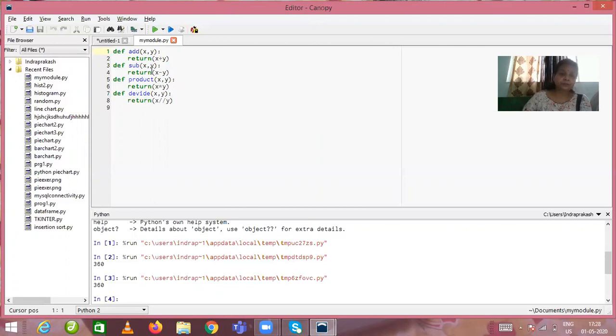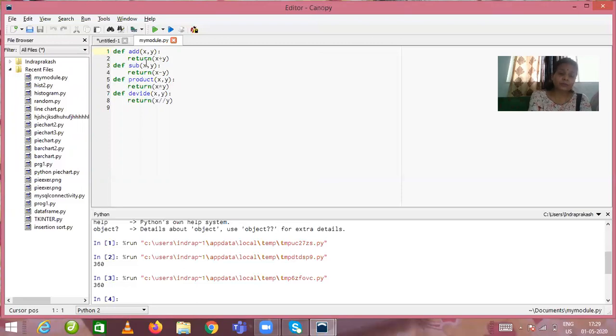The add function is going to add two values, and the subtract function is going to subtract two values, and so on. So this is like a mathematical calculator. If we pass two values to the particular function, it will operate on the values according to the function's behavior or nature, and it will produce the result.